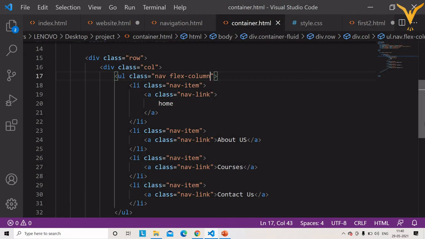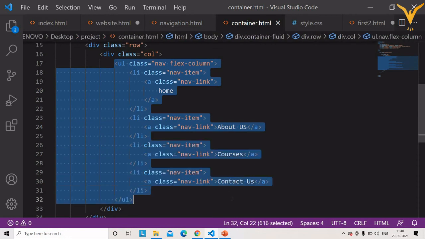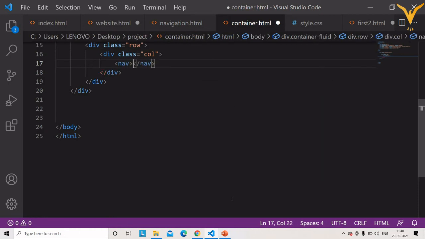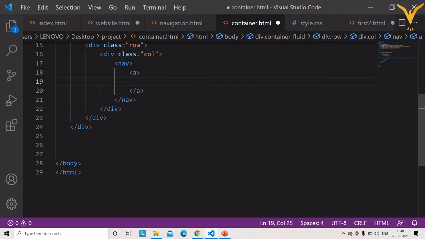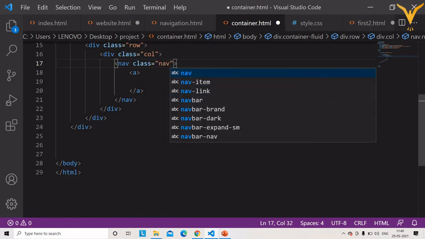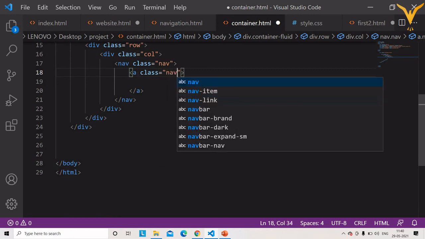Now I will show you how to use it. I will have nav, and inside nav we will directly use the a tag. Now inside nav we are going to use the class, first the nav class, and inside a we are going to directly use the class nav-link.